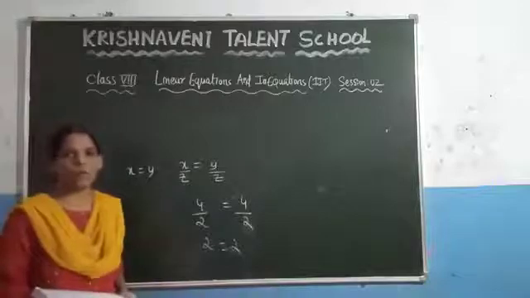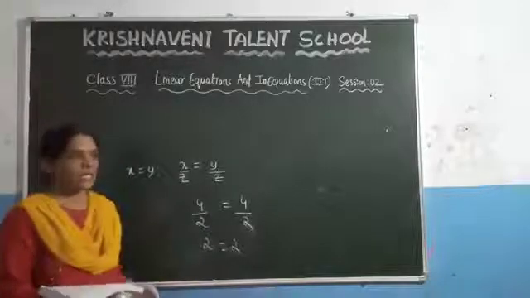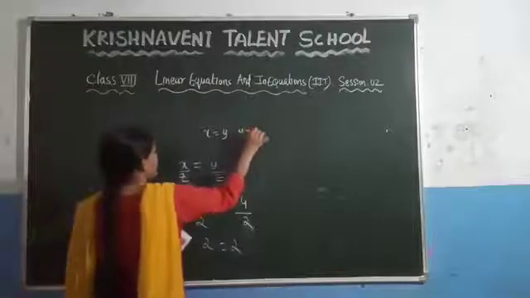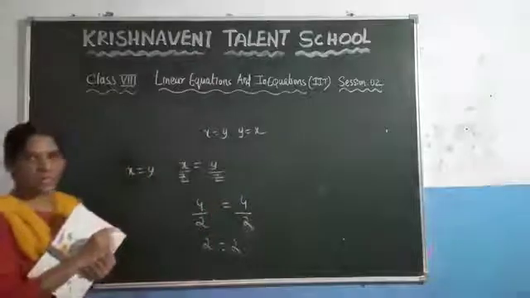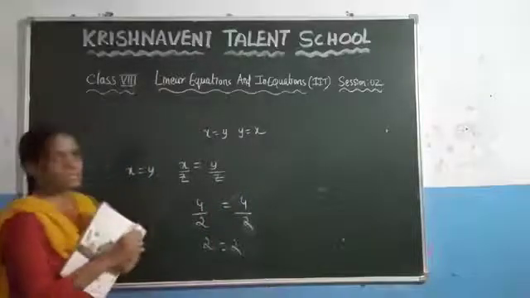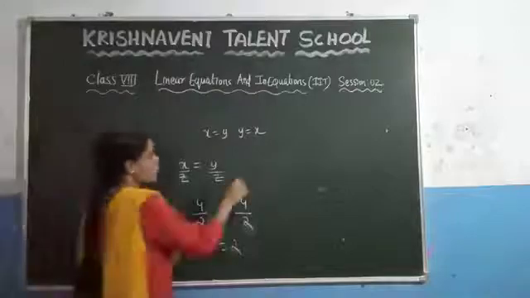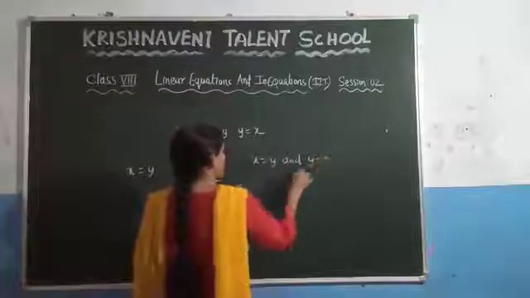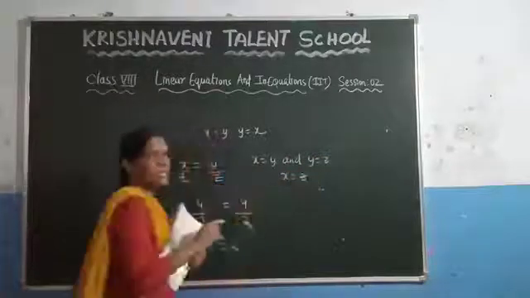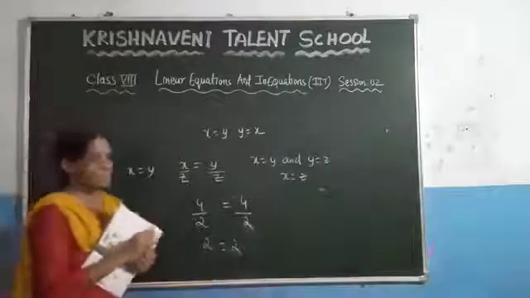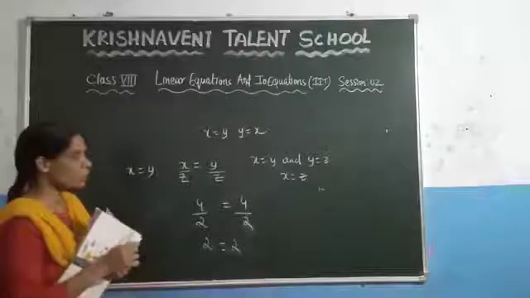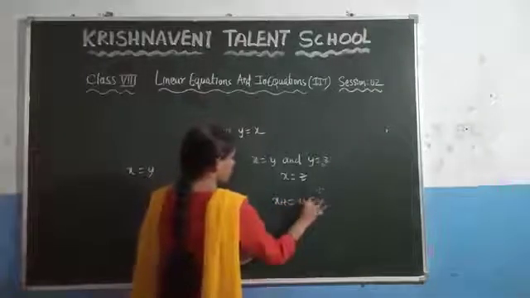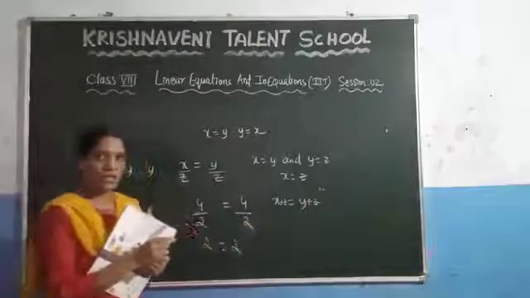After that we discussed the symmetric property. What it states: if the first number is equal to the second number, then the second number is always equal to the first number. That property we call a symmetric property. After that we discussed the transitive property. What it states here: if x is equal to y and y is equal to z, then we can say that x is equal to z. This property we call the transitive property. After that we discussed the additive property. What is meant by the additive property? If you take any two values that are equal and add the same number, you get the same result. That property we call an additive property.